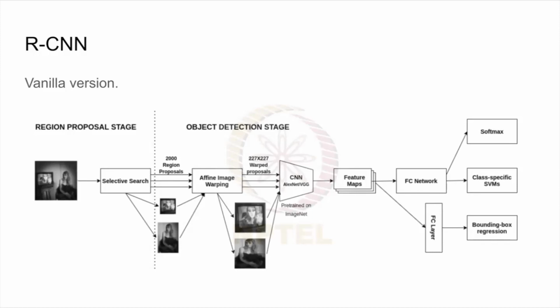The reason we use two FC layers is because the FC layer that we need for the classification, the softmax class, takes the output from the feature maps and flattens it, then attaches an FC layer, and the number of nodes in the FC layer should be the same as the number of classes that we're training with. So let's say we're training with ImageNet, the number of output neurons would be